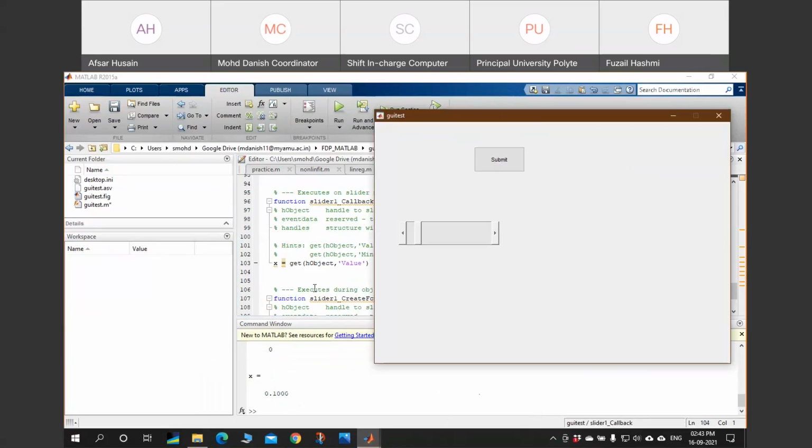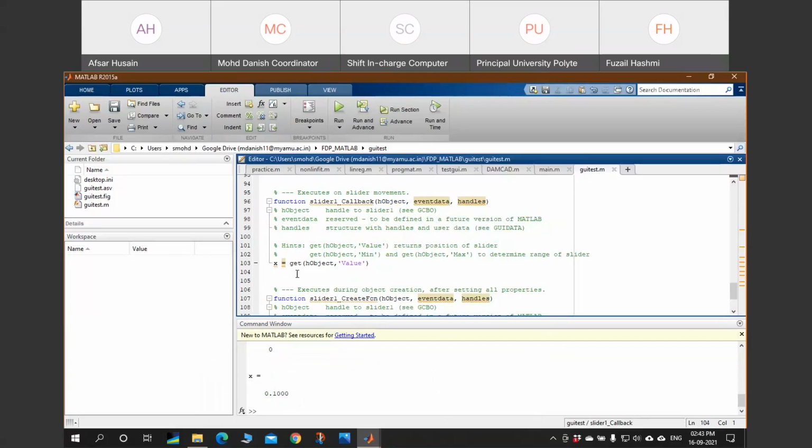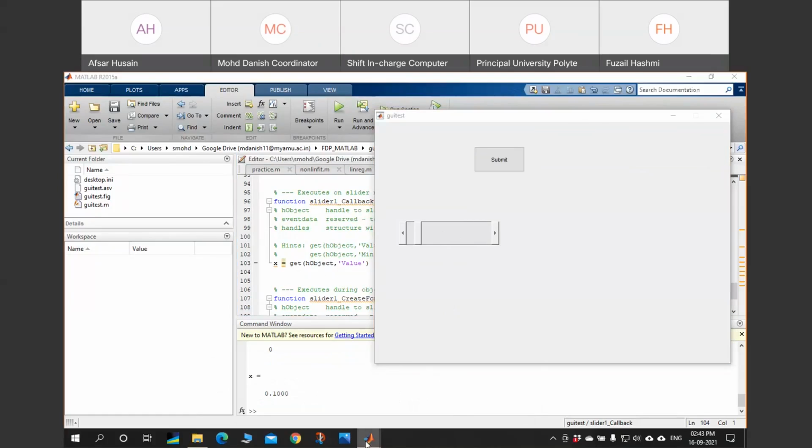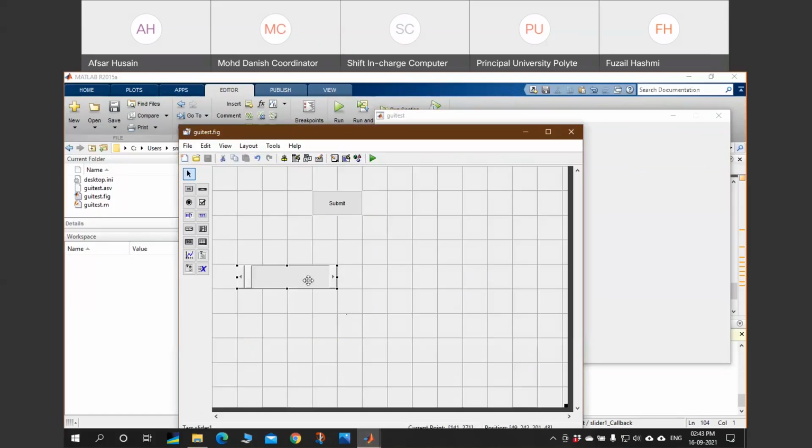To keep this session simple, I'm not providing further loops and conditional statements, so that this session will be easy and interactive. I am leaving the complex part right now, because here I just want to show how to provide these buttons. Now next is the radio button. To add your radio button, just drag it and resize it.